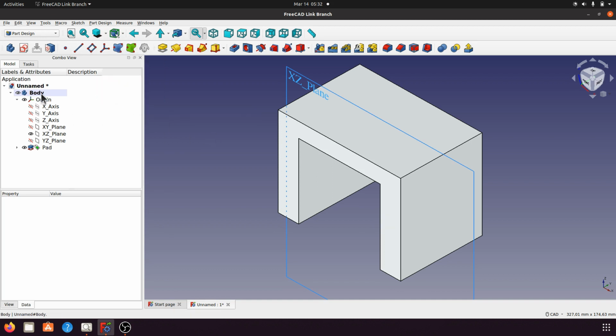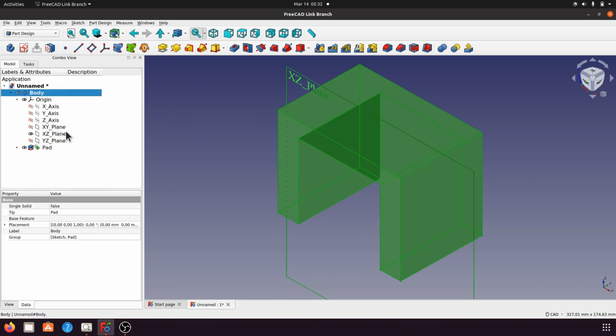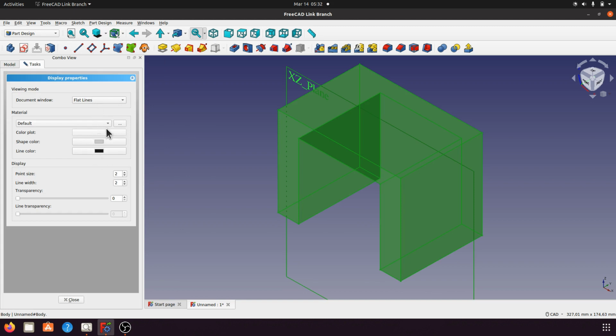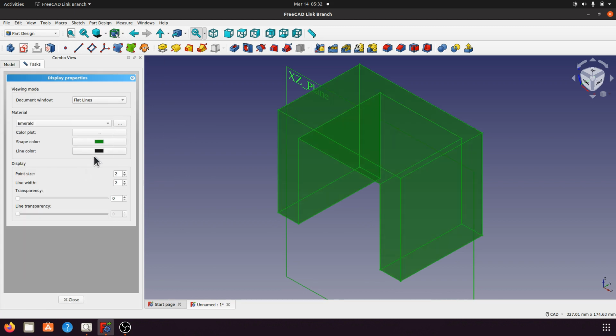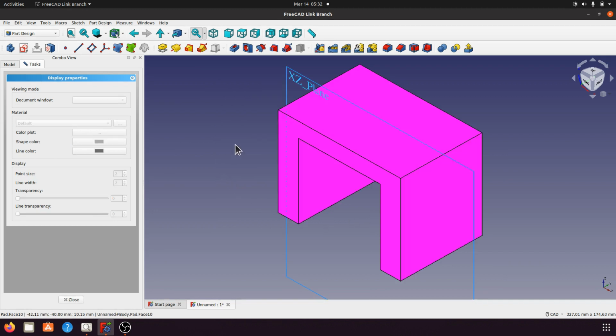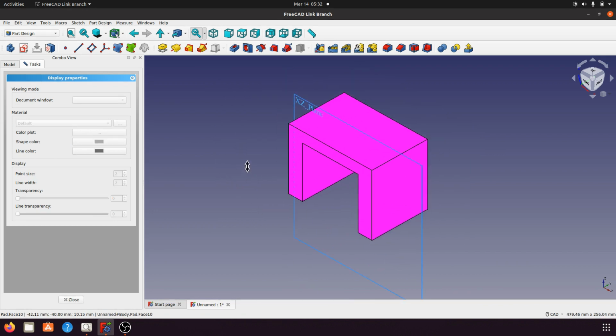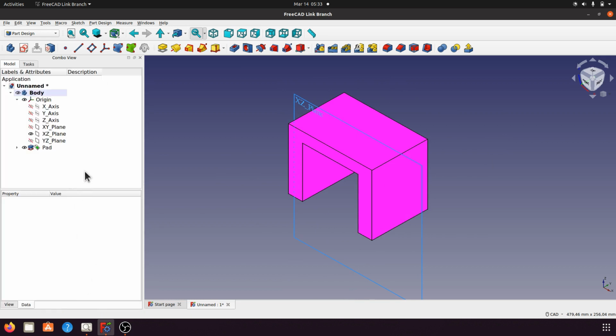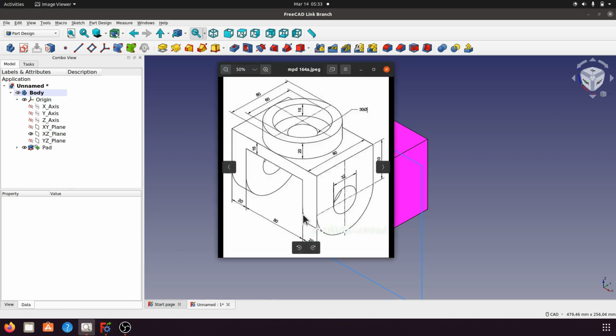Okay, now, and then for color, let's try emerald and the color purple. Okay, now close the color and then create the